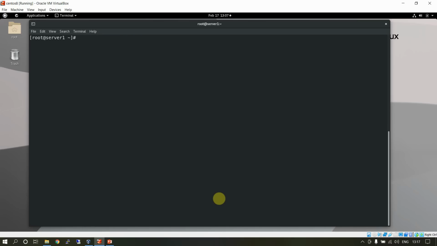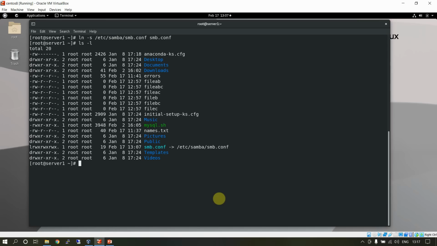What will happen if you create a soft link? So let's create a soft link. So ln -s, this time I use a soft link. What will happen? The magic you will see now. This is called a soft link. In this case, samba.conf is pointing to this file. We call it a pointer, and the inode number will be different. I'll show you the inode number.